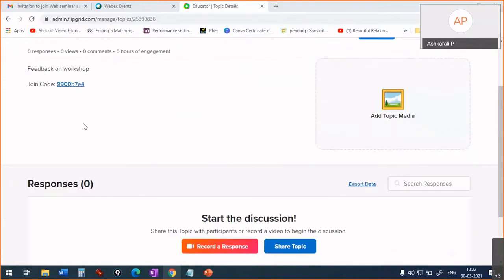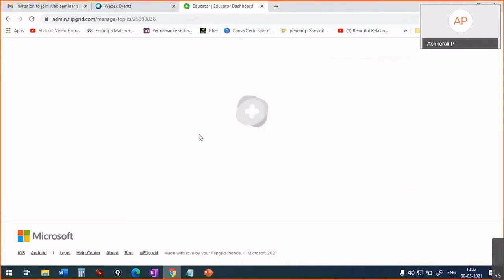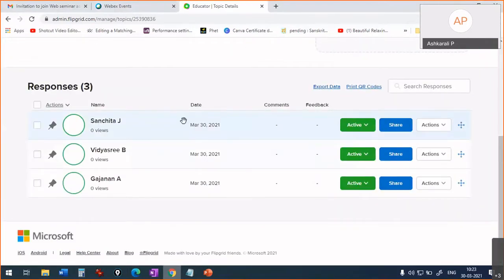Okay, I will check, ma'am. I have received 3 responses here. One is from Gajanan, another from Vidyashree, and another from Sanchita. Is there any? Okay, I will add. Right now, I have added only the Gmail account. If you have any issues, then